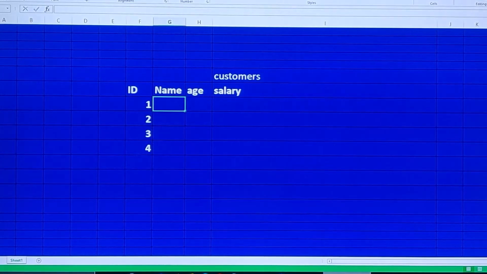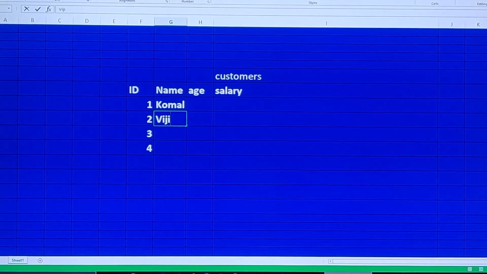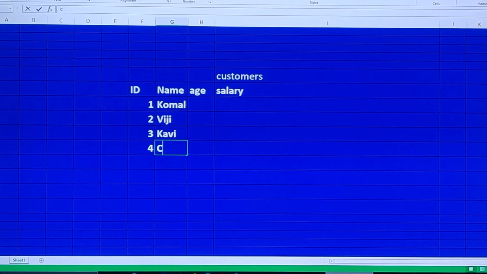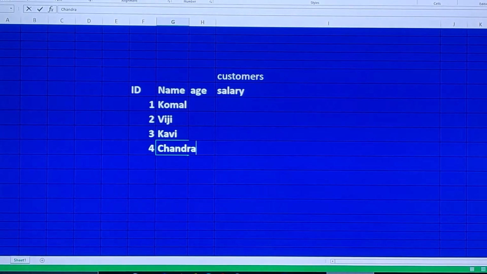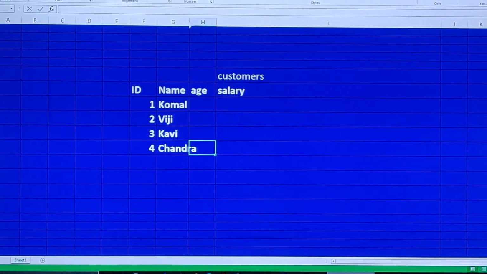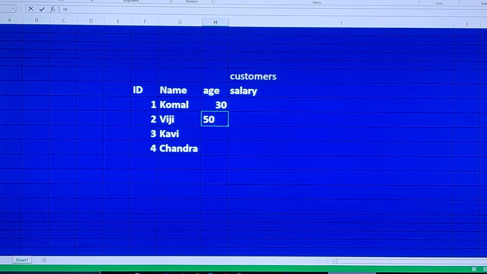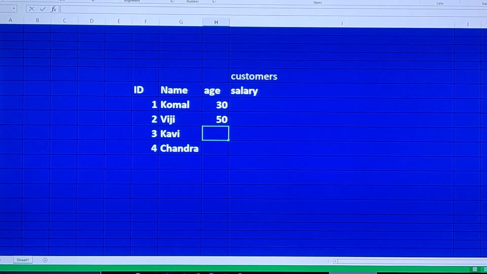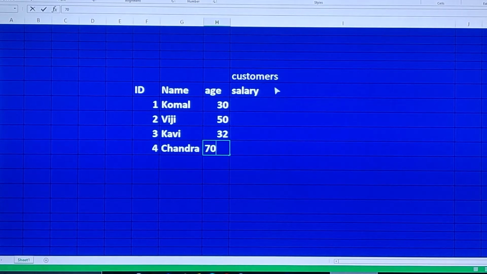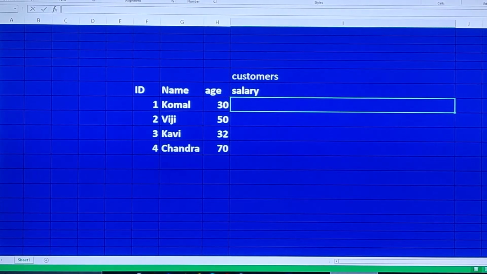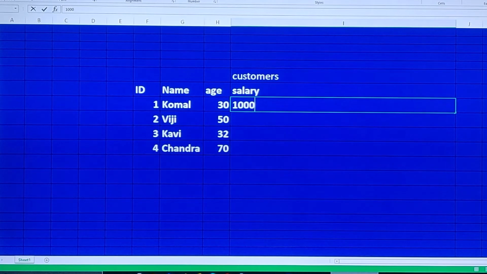The names are Komal, Vijay, Kavi, Chandra. For age we can keep 30, 50, 32, and then some other age. For salary you just assume some numbers.